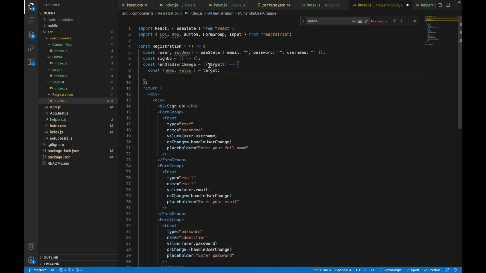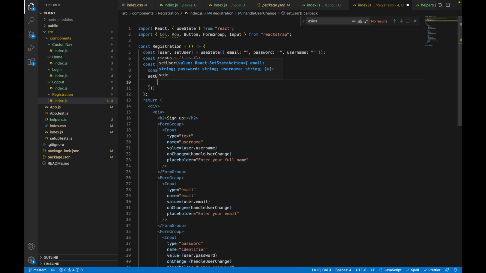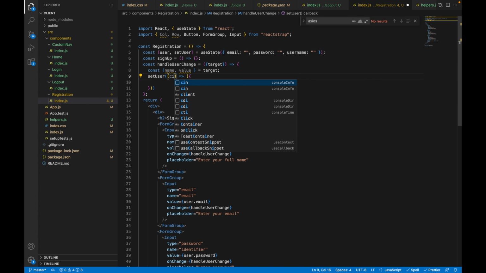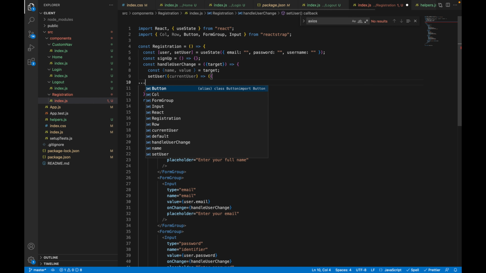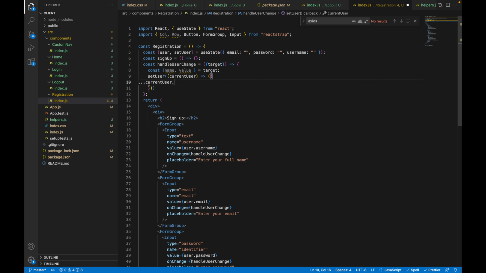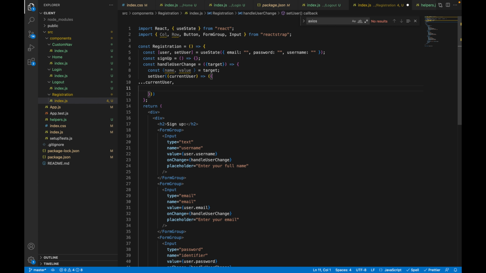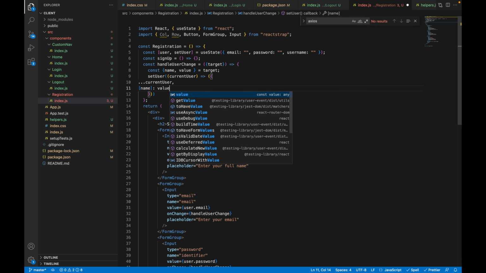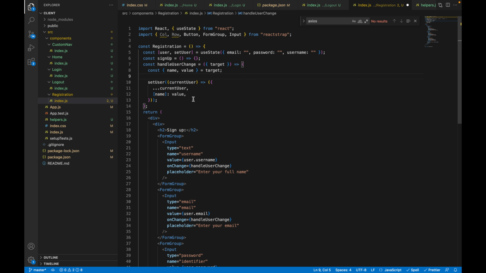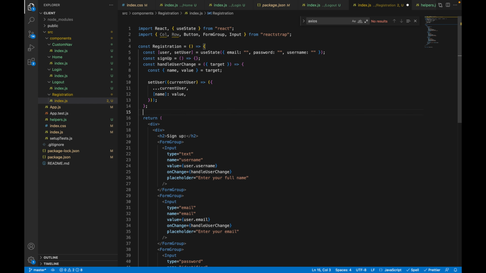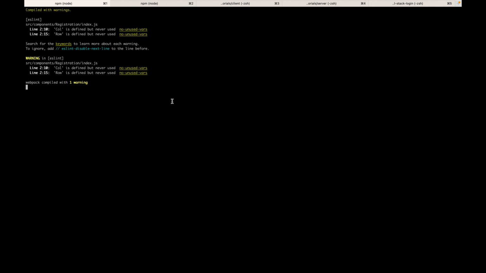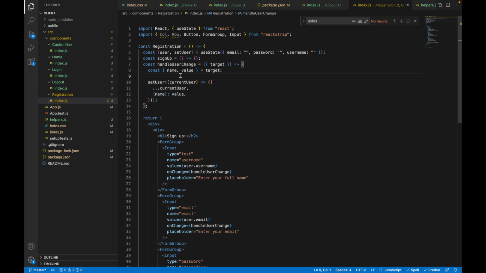And then here we need to call this set user function, which will have a callback function, and the callback function has a parameter for the current user. We can spread the current user data and then add the new one we just added, which will be the key name and the value. So now if we save this, let's just add this space here,